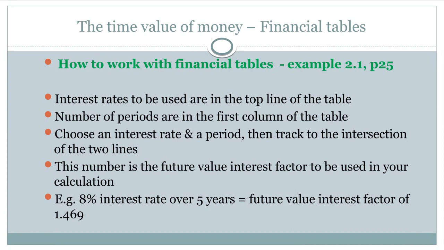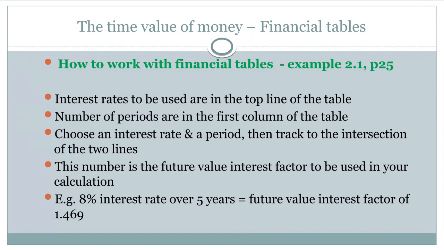Okay, so these tables, you can look at any one of the tables at the back of chapter 2 to illustrate this. The top row across the top of the table, you can look at example 2.1, that is the interest rate. So in any question or scenario, you've got to say what interest rate is going to be applied over the period that the money was invested. Then you look for your interest rate, choose that column, and run your finger down the column until you get to the row,